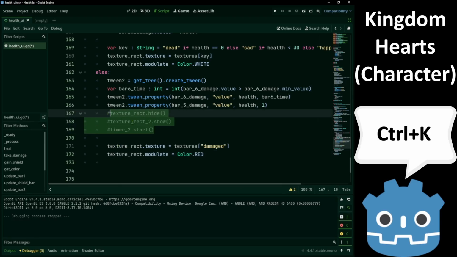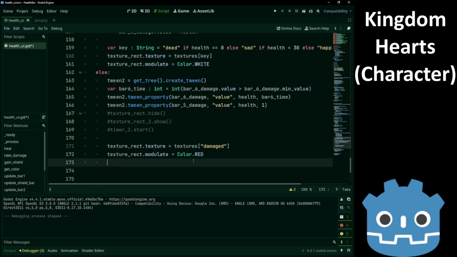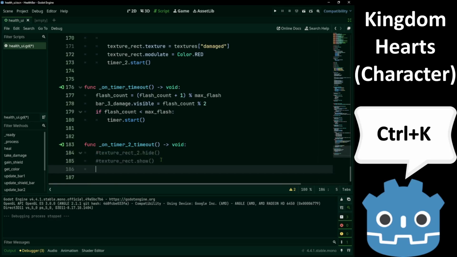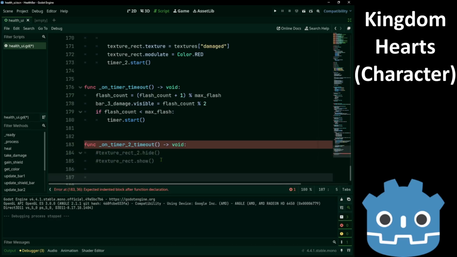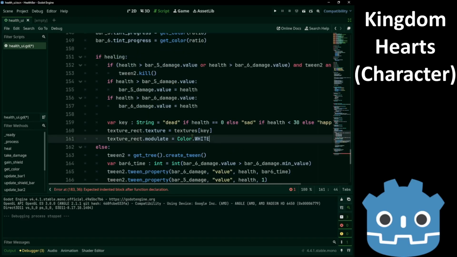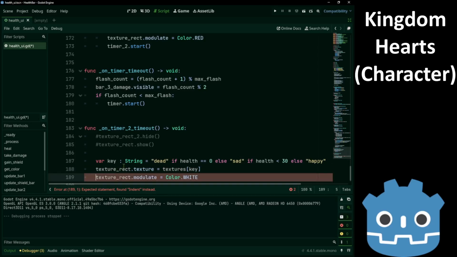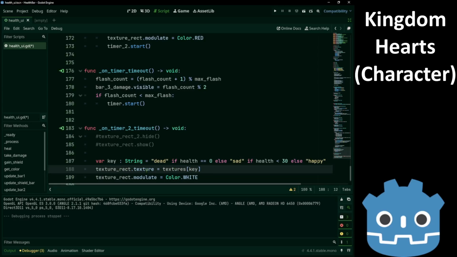Control K. And we say timer 2.start. Now down the timeout. Control K. We get the key. And we set the texture we had before.